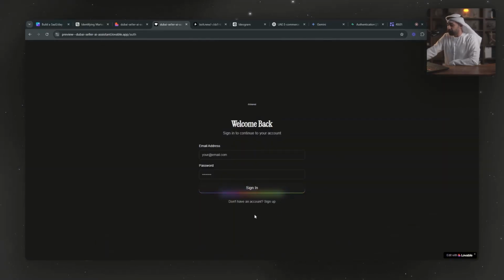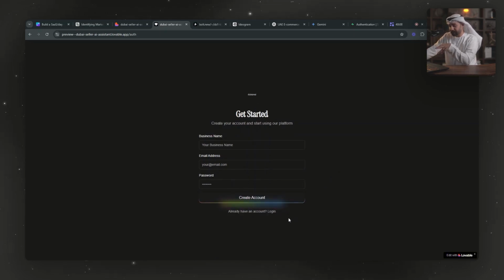It takes me to a login page. What's really nice about this login page, it did it by itself, is that if you don't have an account, you create an account and it goes to Supabase. Supabase sends you a confirmation email. It tells you to go confirm. And if the email is not confirmed, it does not log you in. And it has the functionality of sending you back the forgot password and all that. So it did a great job without me telling it.